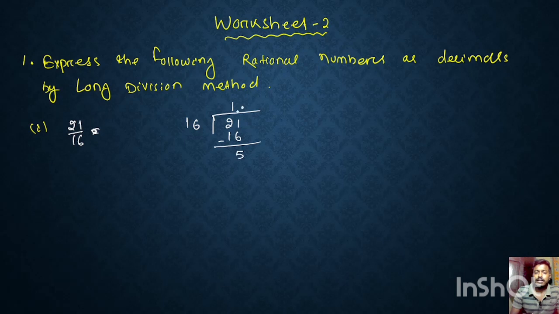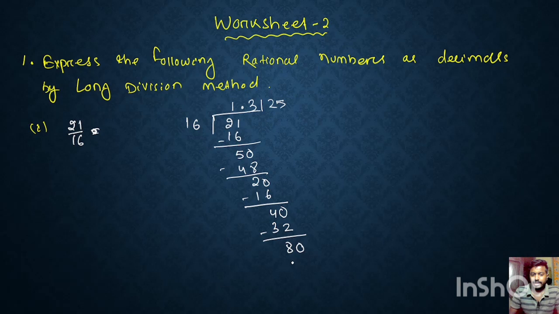So put a decimal, then 0, 50. 16 3 ja 48. So 2. Then 0, 20. 16 1 ja 16. That is 4. 40. 16 2 ja 32. That is 8. Then minus, so decimal 0, so 16 5 ja 80. So this is a terminating decimal number and the decimal expression is